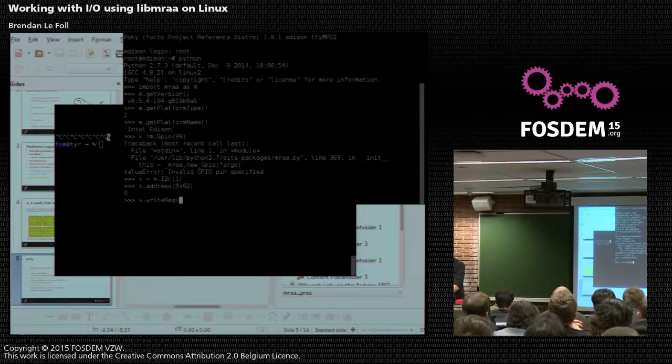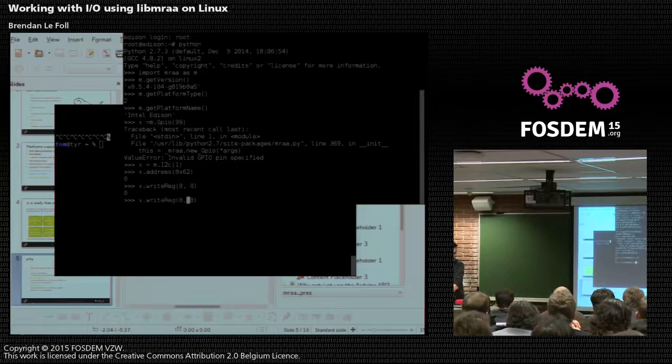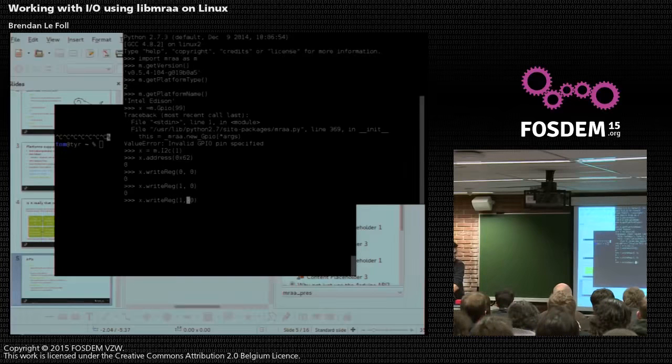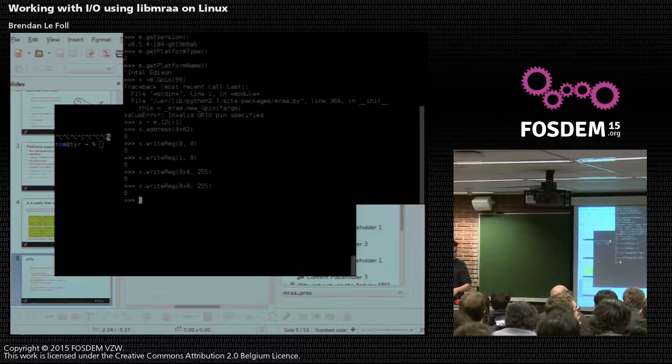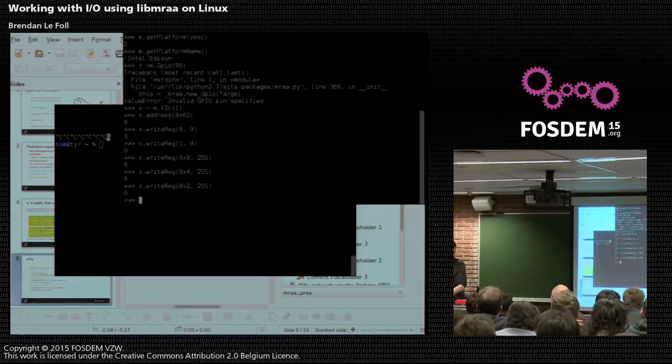Then we write registers, so I think it's this, and then that, and I did remember this by heart. And then I'm pretty sure now it should go some crazy color. There we go. So it is now red. So there you go. You communicate it to that, and I think we could change it again by making it